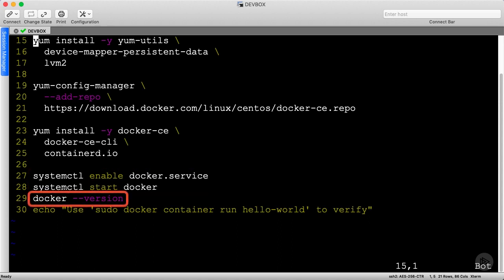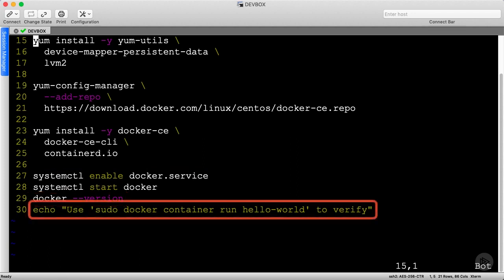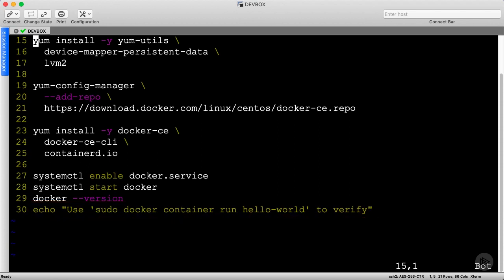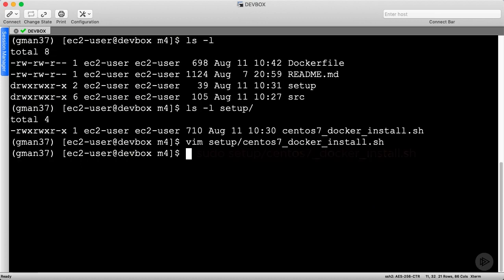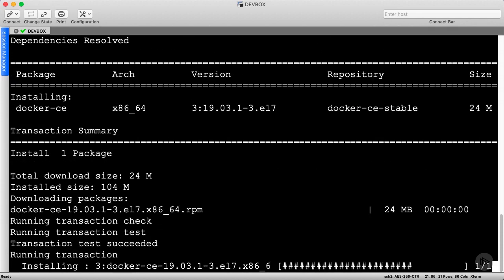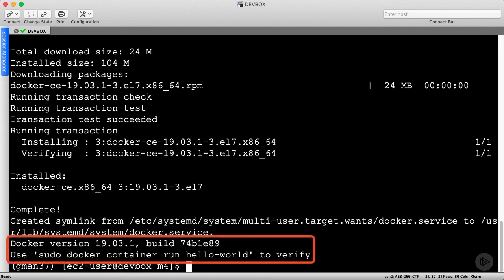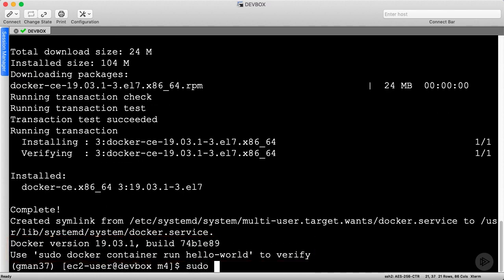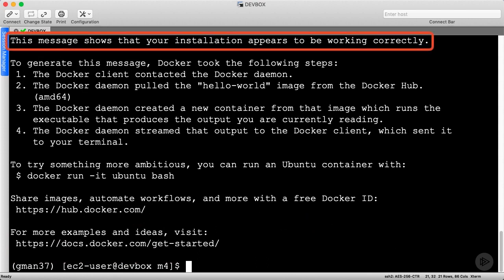I print the Docker version for confirmation, then give the user an optional command to install a dummy container as a test. The docs suggest we'll need to use sudo on CentOS, which isn't a big deal. Let's run this script, and I'll fast forward through the install, which takes about 60 seconds. Okay, everything worked. Let's run this dummy hello world container using the command shown. Lots of output, but it's basically telling us that everything succeeded.